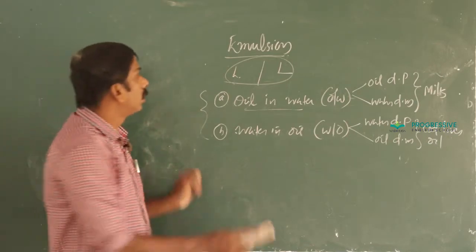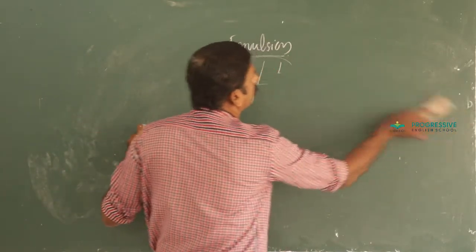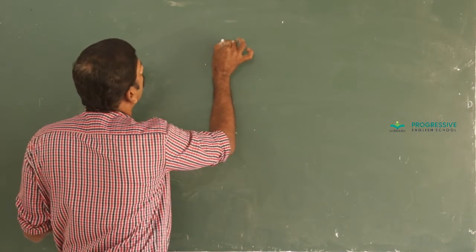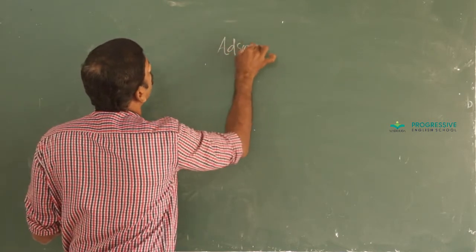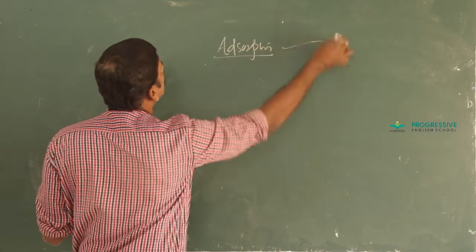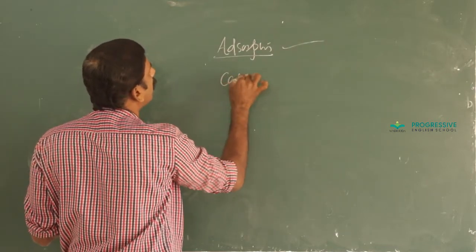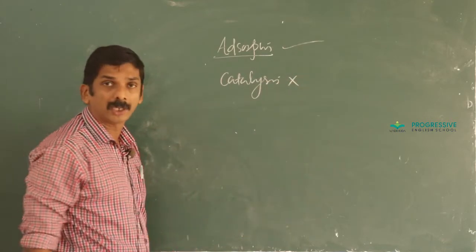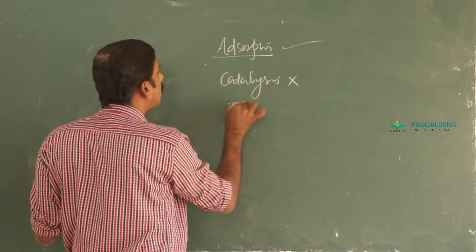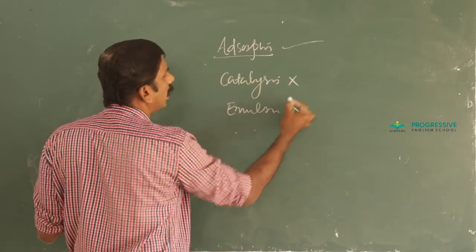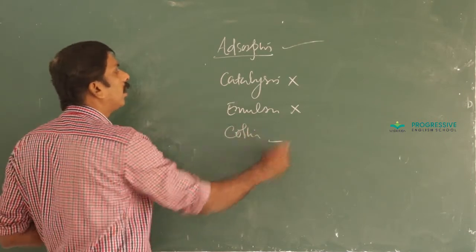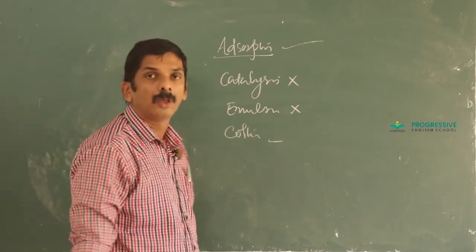And that is about surface chemistry. The deleted topics: mainly here we discuss adsorption, which is as such for your exam. And the next part, catalysis, is almost deleted up to enzyme catalysis. Emulsion is also a deleted topic. And next is colloid. Colloid classification, all remain as such. Okay.